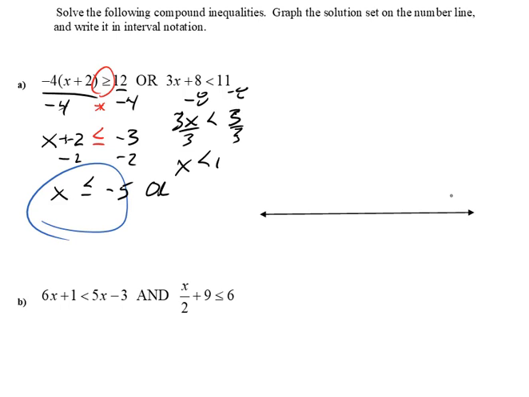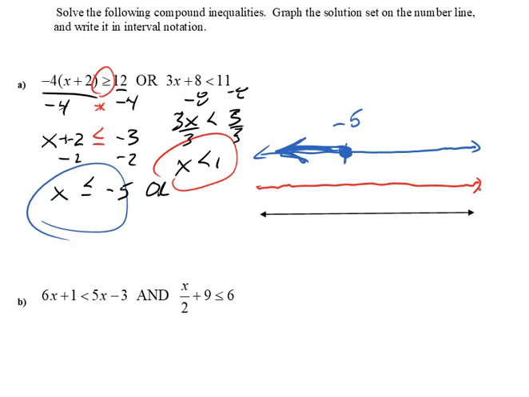So for this one, we want to graph a number line to compare. X is less than or equal to -5, so maybe something like this, less than or equal to -5, everything to the left. With the closed circle, we want to compare that to x is less than 1. So we'll draw another line, and x is less than 1. Maybe 1 is over here with an open circle to the left,